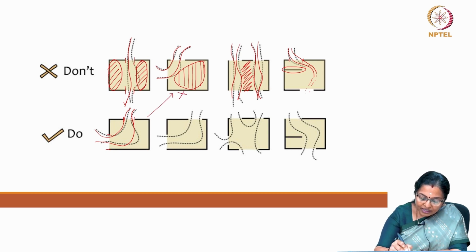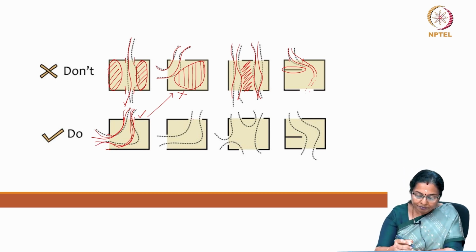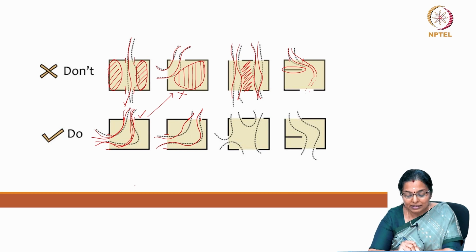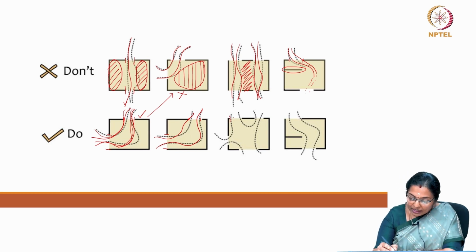Unlike this window, it should be located farther away so that we give an opportunity for the wind to blow across the room. This is another very good scenario where you have breeze flowing in all across the room, covering maximum area. Having openings along 3 walls